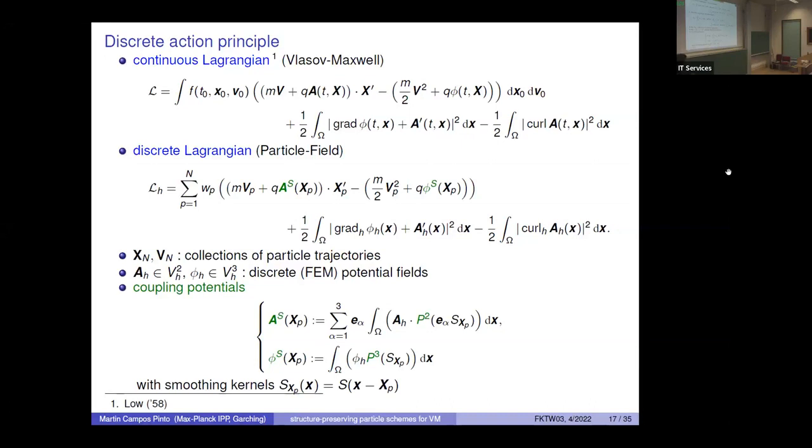But actually, this S may be a Dirac mass. You are allowed that for certain projection operators. If the projection operator is well defined for measures, then you are allowed to take a Dirac mass for the shape function, or you can also take a smooth shape function if it's better, if you want more smoothing. And the game then is to use an action principle based on this particular Lagrangian.